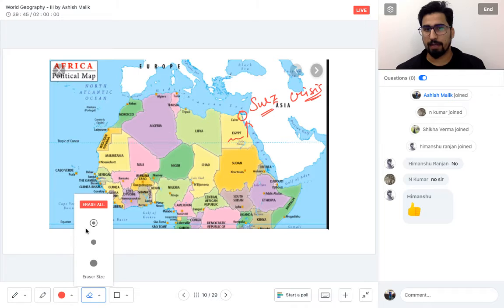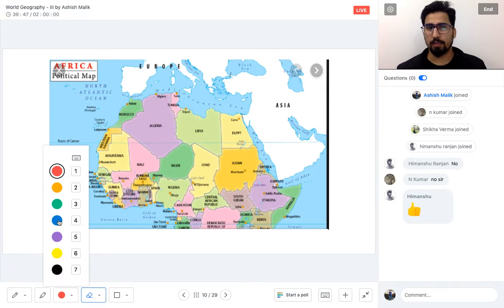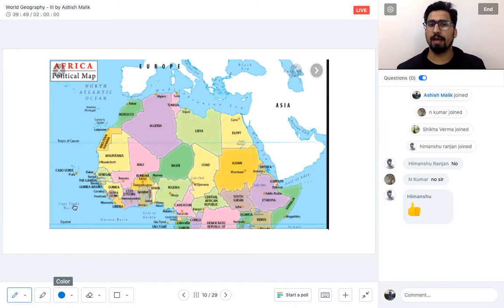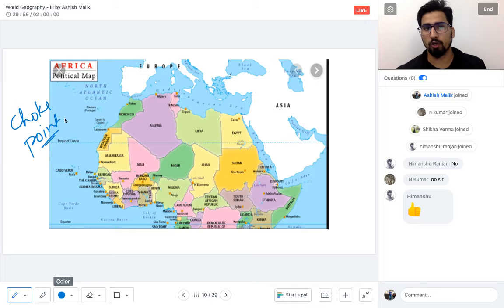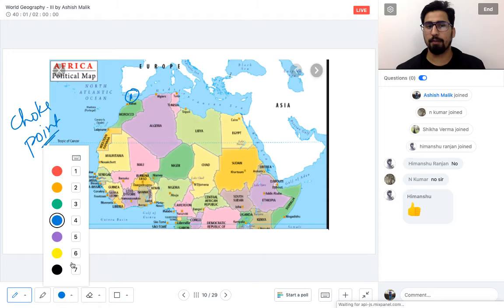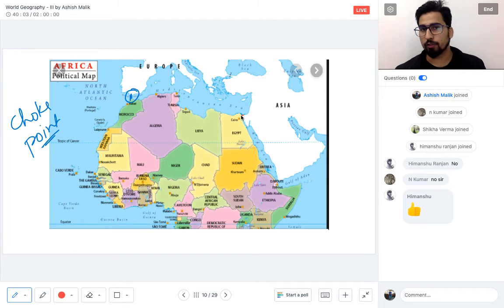In your international relations, or you can say the world geopolitical setup, we have lots of choke points. These important strategic points are called choke points. So one such choke point was the Strait of Gibraltar. If you close it, entire trade will be affected in the world. If you simply block Suez Canal, everything will be blocked. The whole trade route will be impacted, right? You can see that.